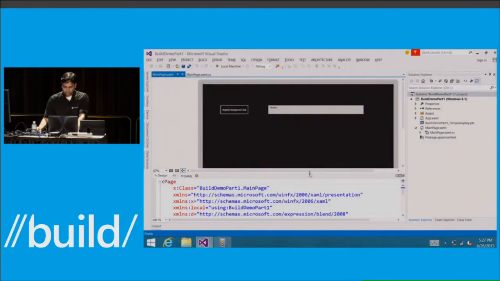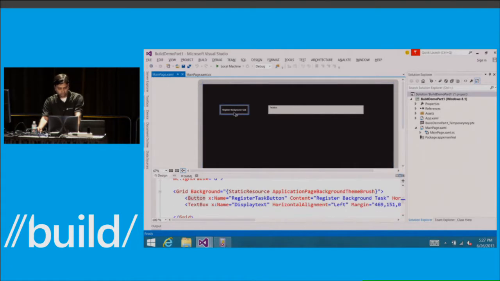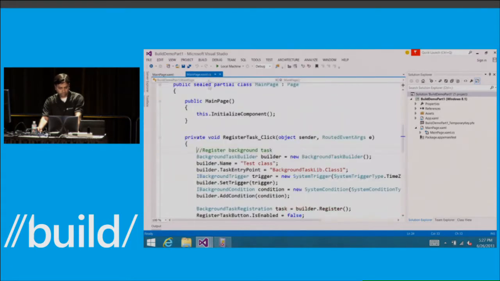And so now we come to a demo. So this is going to be a pretty basic Hello World demo. And in this, I'm going to be talking about how to add a simple basic background task to your project. So this is an empty XAML project. It has one button called Register Background Task, and it has a text box where you can display text. And that's pretty much it. It doesn't really have a whole lot of stuff in there. And if you look at the XAML part here,